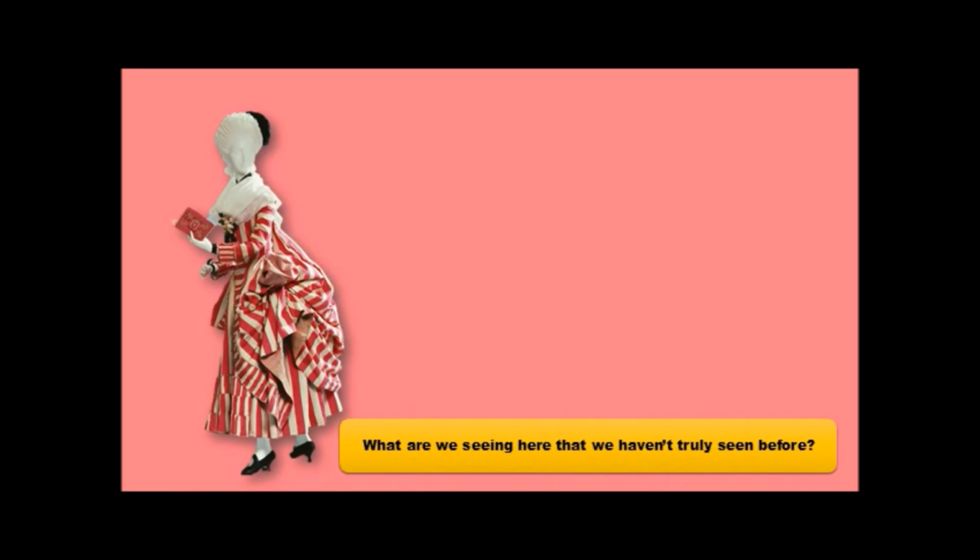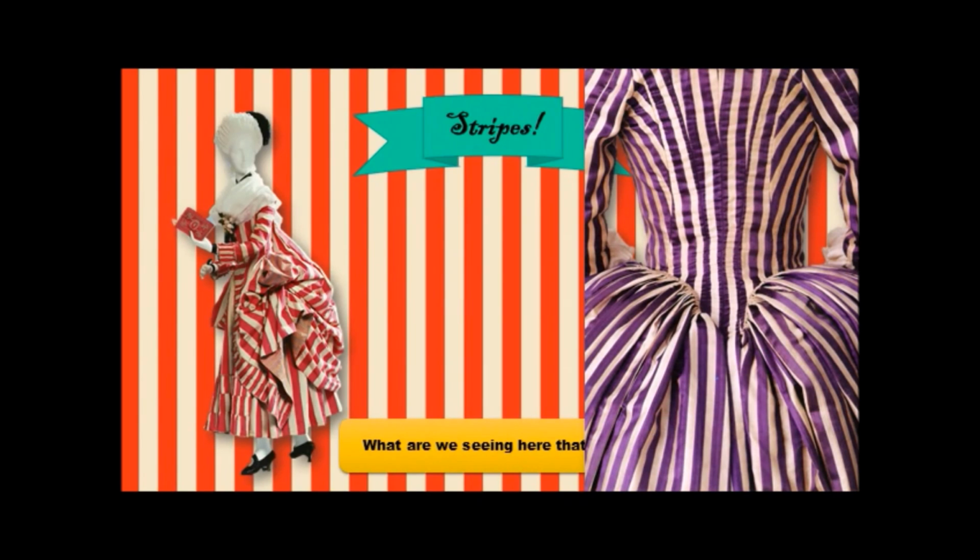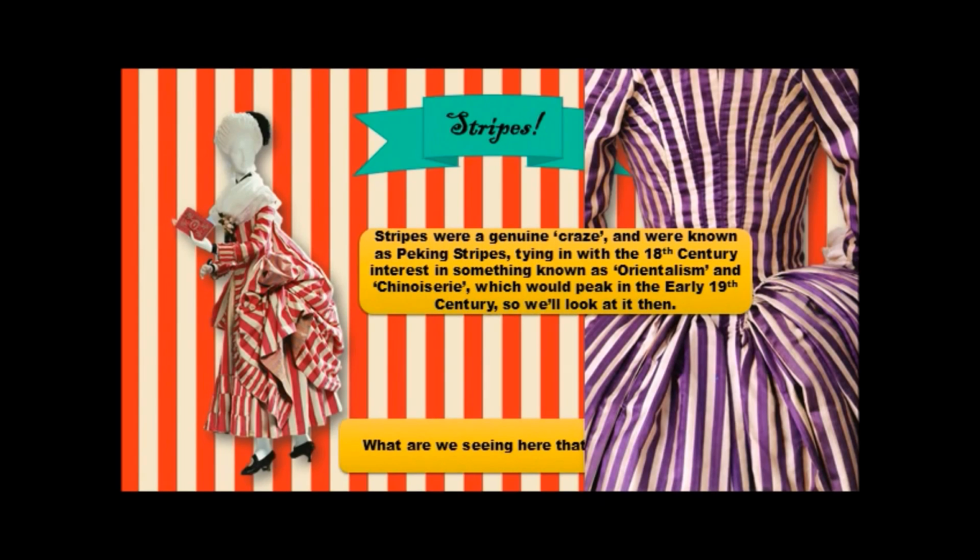Alright, what are we seeing here that we haven't truly seen before in this course on clothing? Have you figured it out? Stripes! That's right, stripes. Stripes were an absolute fad, a fixation, an obsession of the 18th century. People loved stripes. Stripes were a genuine craze, and they were known as Peking stripes, tying in with the 18th